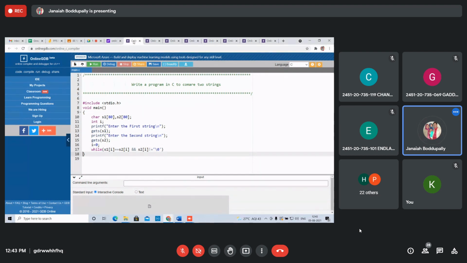Both the conditions should be satisfied. Then increment the I.